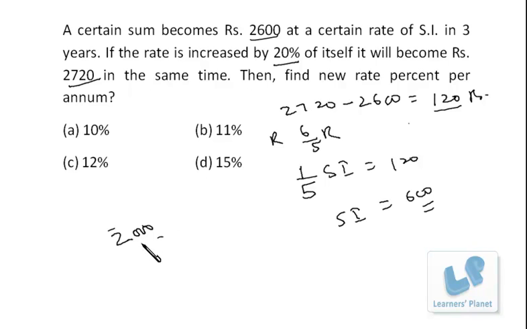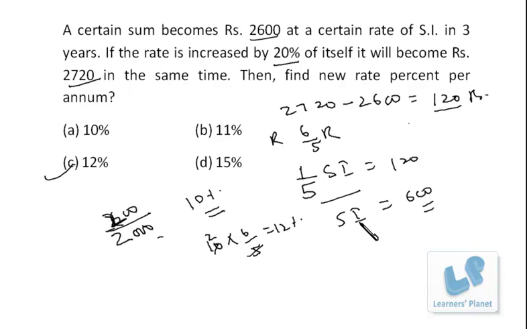Now if 2,000 is the principal and we are getting 600 for 3 years, that means 200 per annum is the simple interest, so it is 10%. So the original rate is 10% and the new rate is 6 by 5 of this, that is 12%. Here in this case, the most important point is that because of the increase in rate,